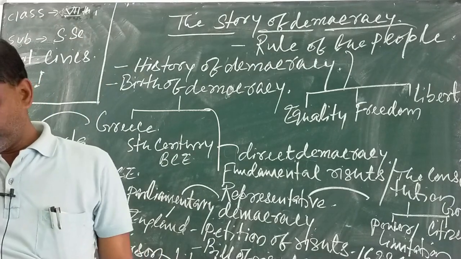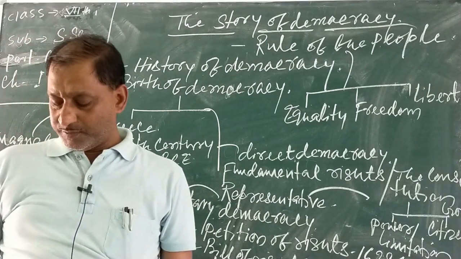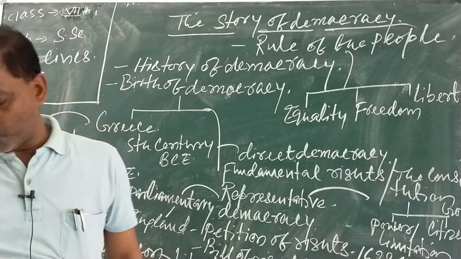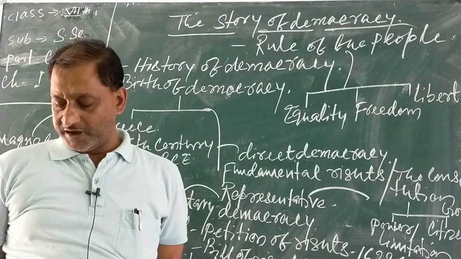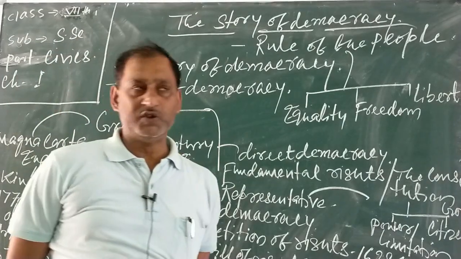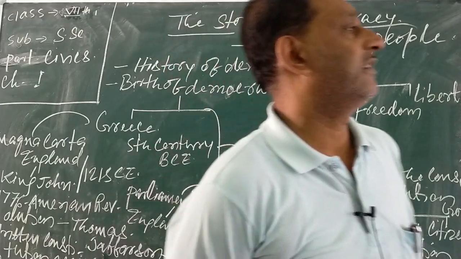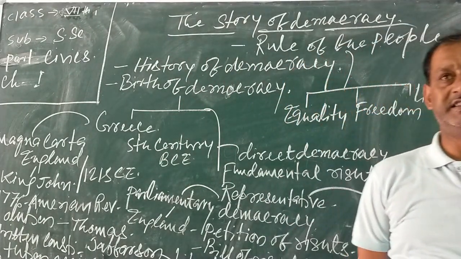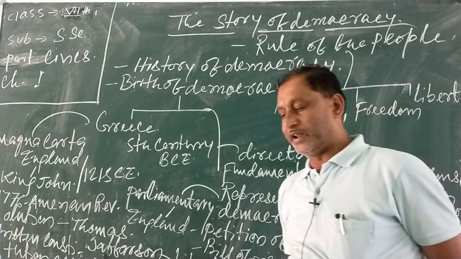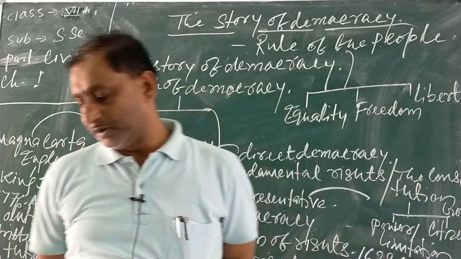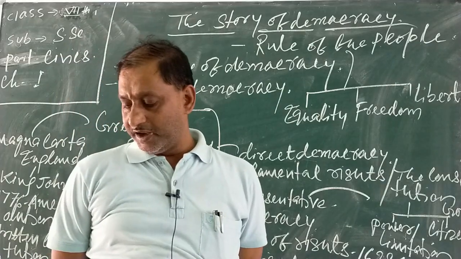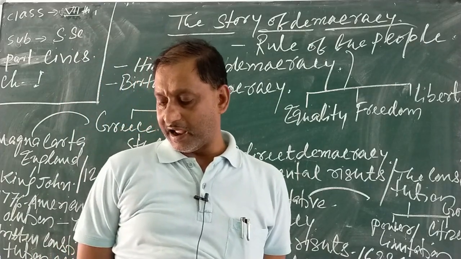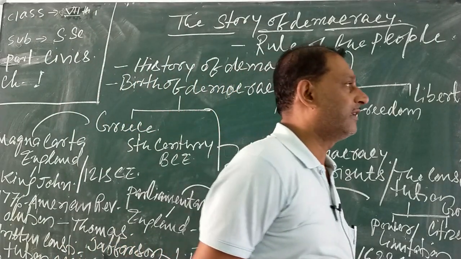After that, the march to democracy took place in the 20th century. In 1893, New Zealand opted for democracy and first introduced the adult franchise. So adult franchise was introduced from New Zealand in 1893, and after that in France,